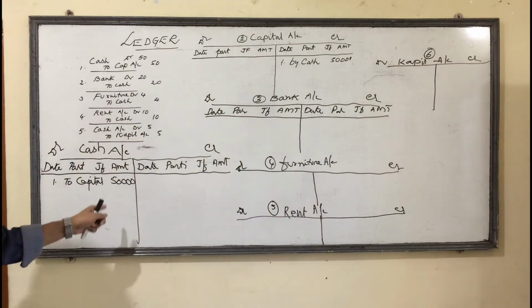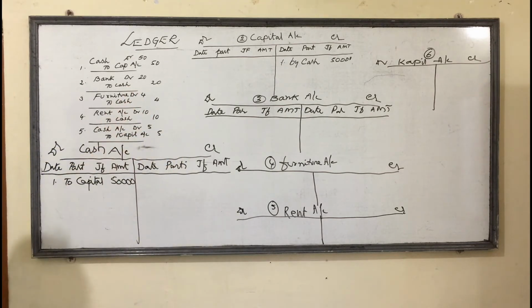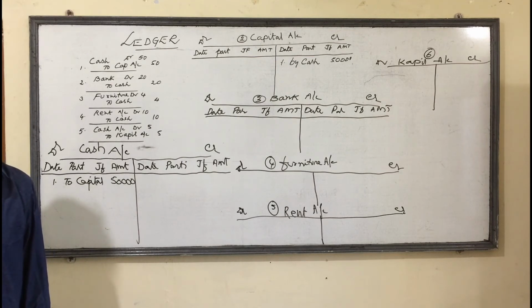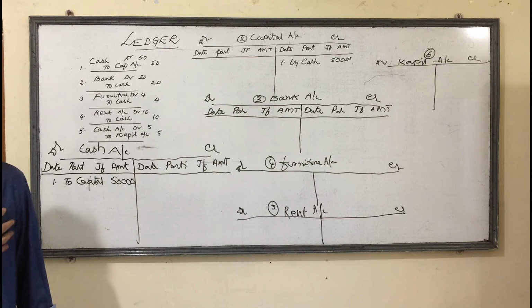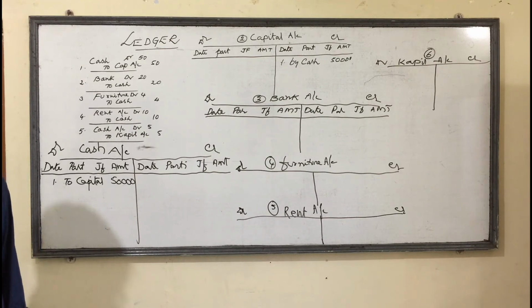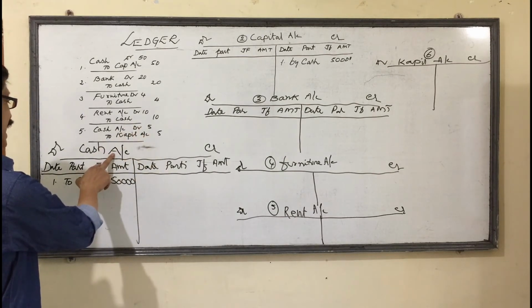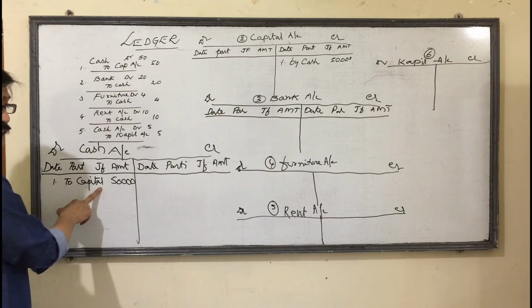In the debit account we are writing the credit name. In the credit account we are writing down the debit name. In X you can write down Y. In Y you can write down X. Here someone is there, in their hearts my account is there. Understanding or not? Once again, in the cash account, debit side, we write the capital, credit name.